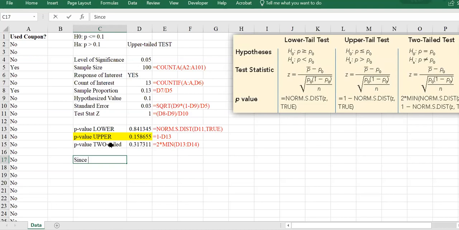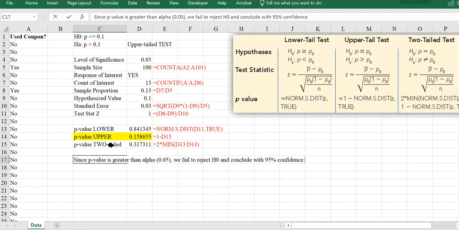So since the p-value is greater than alpha, being 5%, we fail to reject the null hypothesis, which means that we're going to conclude, we fail to reject the null hypothesis and conclude with 95%